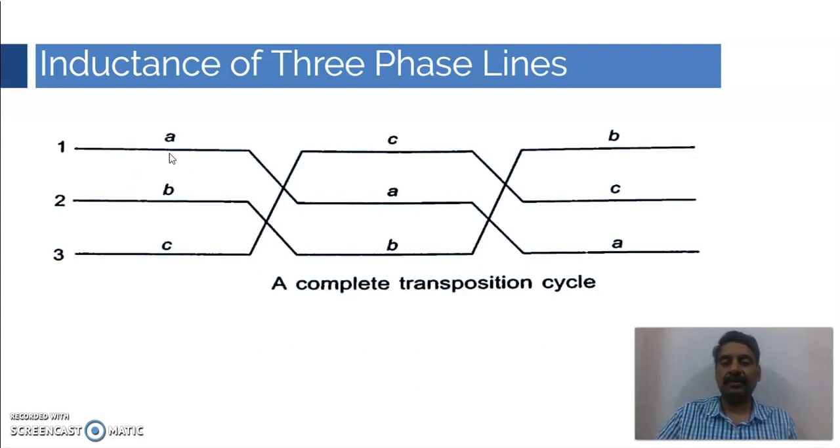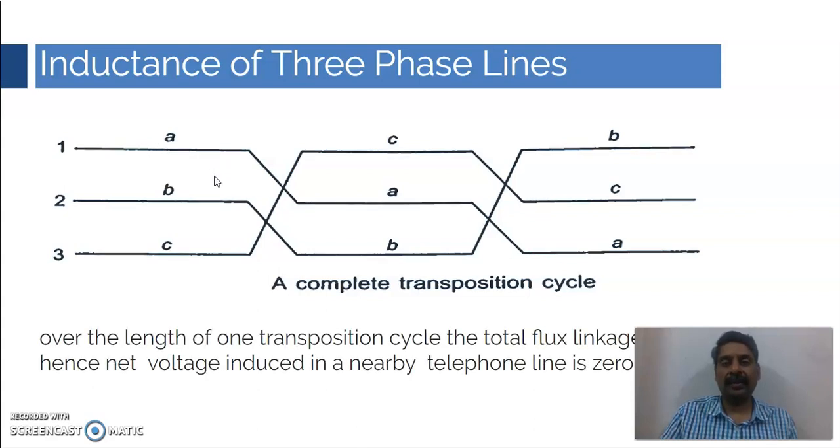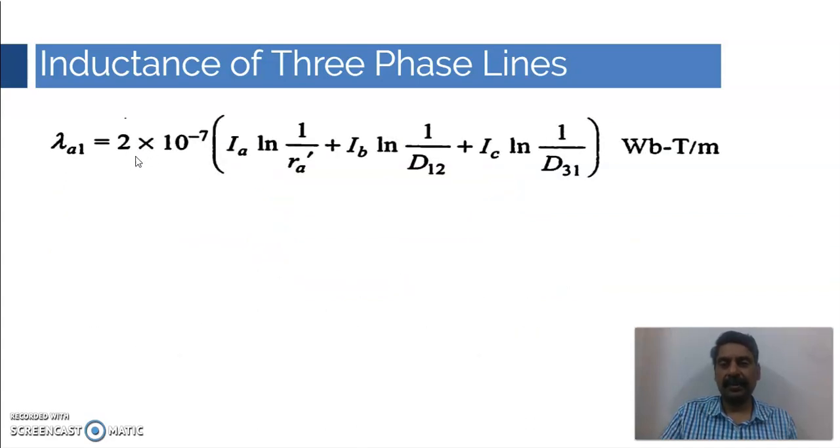First of all, we'll start with conductor A. Let us calculate the flux linkages of this conductor A when it is in position 1, position 2, and position 3. If you consider the flux linkages of conductor A when it is in position 1, the expression can be written as 2 into 10 power minus 7 into current IA, that is the flux linked because of its own current IA passing through conductor A,